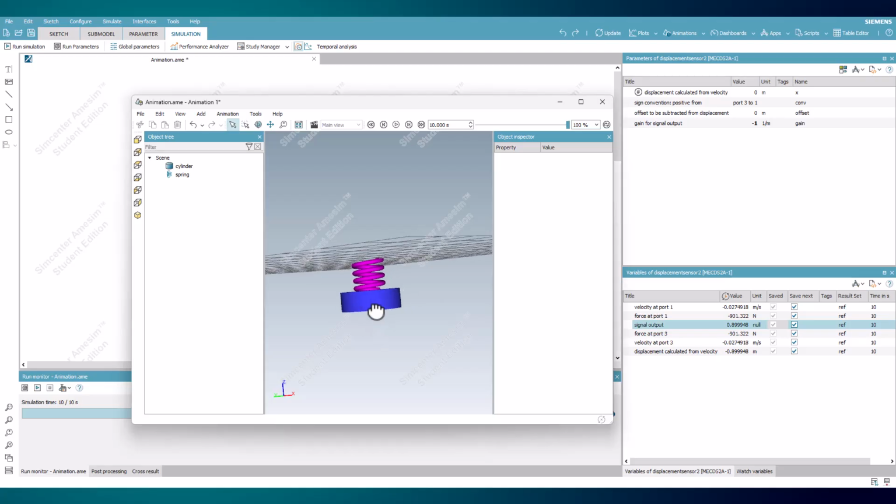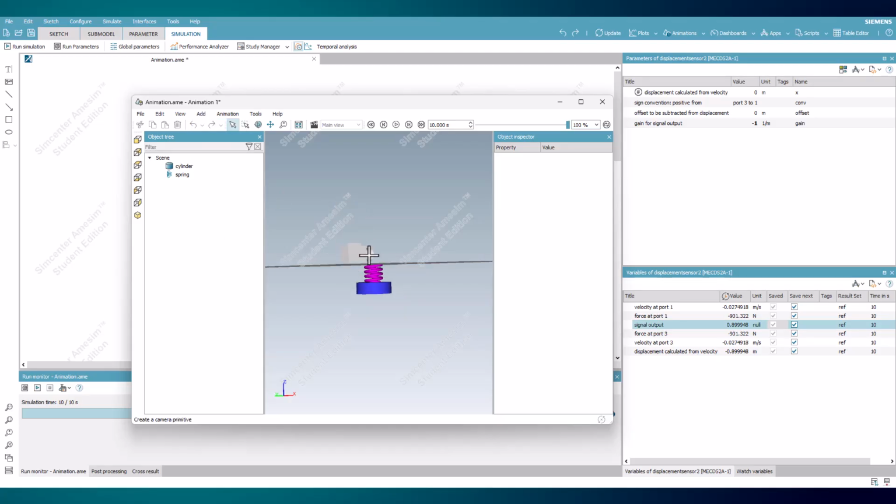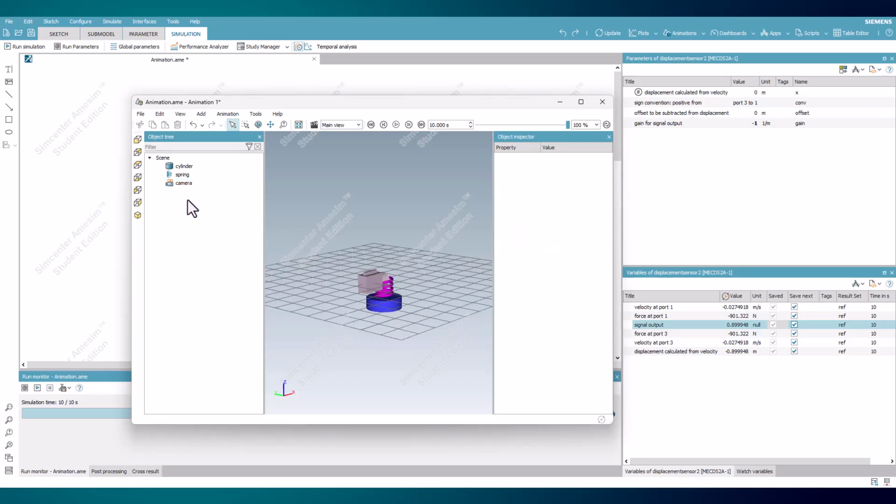Another great addition to animations is the camera object. Included within the Add menu, it can be placed and positioned wherever you would like. The camera provides a user a set viewing location within the animation. This can be in any particular place the user sets, or to follow an object within the scene. For this model, we can set the camera to follow the cylinder mass by dragging the camera over the cylinder within the object tree. Within the scene, the camera will snap into place and is set to show the cylinder moving upward rather than down.